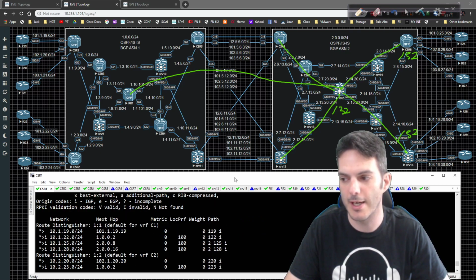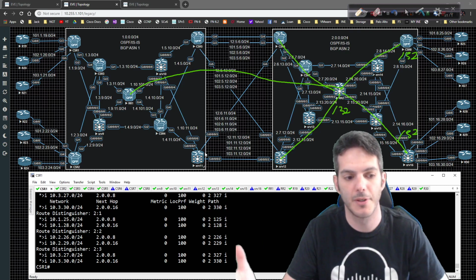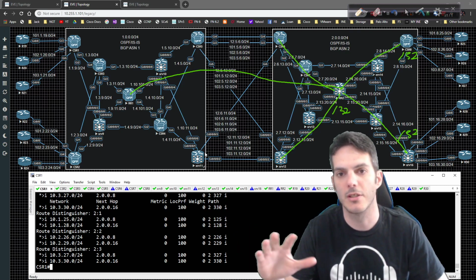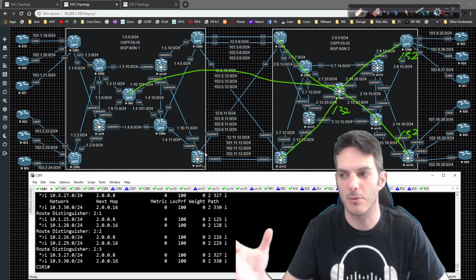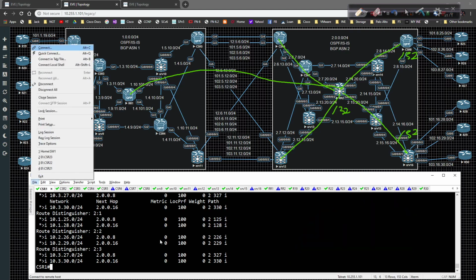But I'd have to do them on the ASBR to affect how the traffic is going to get forwarded. Because it's a little kludgy now, because now we're changing the operations. We're exchanging enough routing information that we know who the remote PE is that we're trying to connect to. And that's going to be based off the next hop, right? So if we were to look at this from the perspective of,